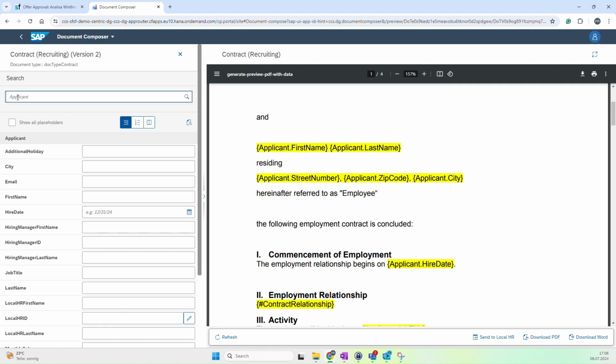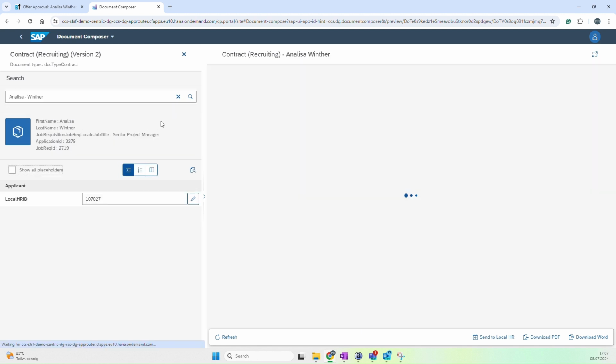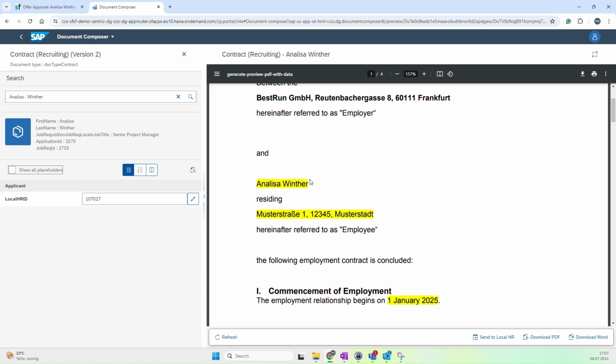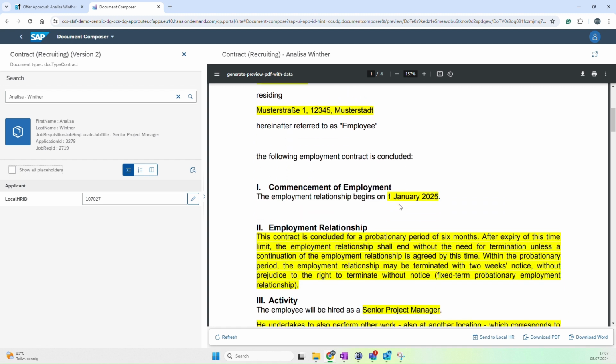So now let us directly search in the applicants for Annalisa. And we see here 2 applications of her, but we would like to hire her for the senior project manager role. And now all data are taken over into the document template, so the placeholders are populated, and we already find our